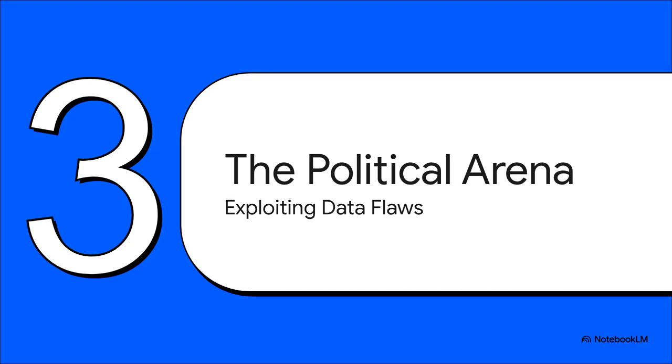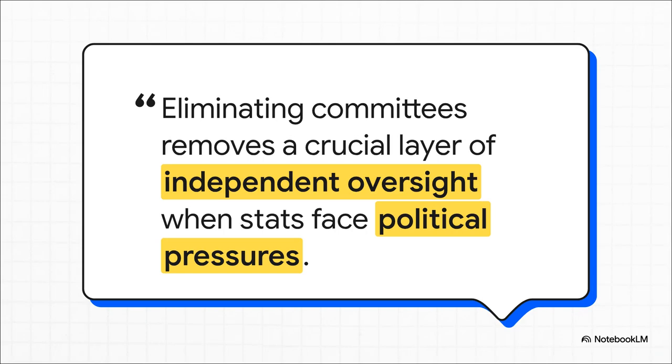So you've got these two big issues, right? Vague definitions and huge revisions. Together, they create weak spots. And in the world of politics, weak spots like these can be used, even exploited, to spin a very particular story about the economy. This is exactly why we need strong, independent institutions to act as guardrails, to protect the numbers. As Erica Grosjean, a former head of the BLS, warns us, when you start removing those layers of independent oversight, you make the data really vulnerable to political games.